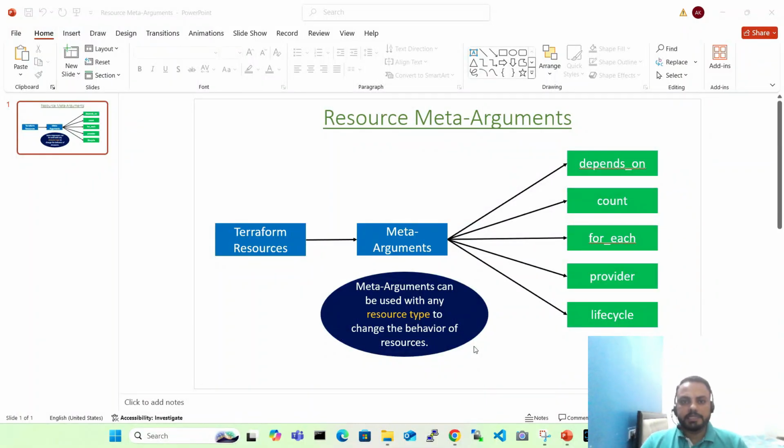This is Ajit Kumar. In this video, we will discuss the resource meta argument available in Terraform. As you can see here, the definition: a meta argument can be used with any resource type to change the behavior of the resources. So we will use the meta arguments available. These are the 5 meta arguments we will be using in the lab,